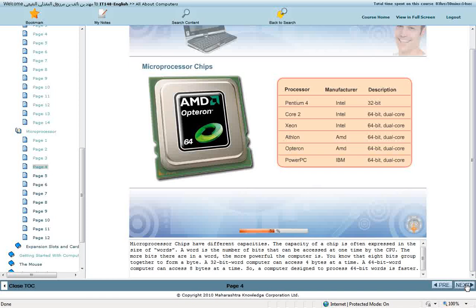You know that 8 bits group together to form a byte. A 32-bit word computer can access 4 bytes at a time. A 64-bit word computer can access 8 bytes at a time. So, a computer designed to process 64-bit words is faster